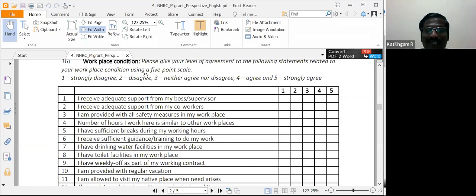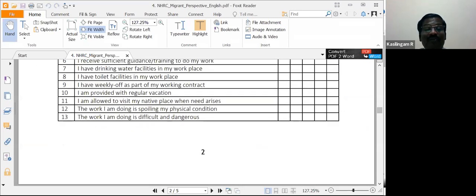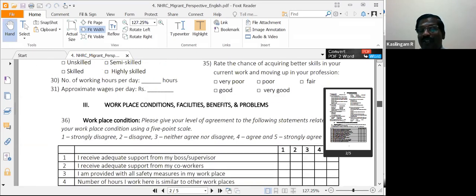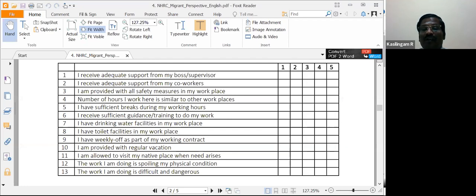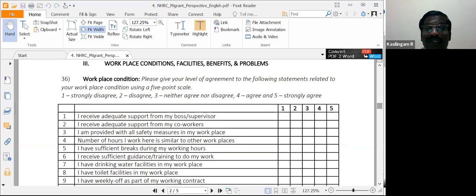So now here I have one construct, which is workplace conditions, having 13 items. 13 statements, all on a 5-point scale. You can see all are 5-point scale. If you want to do analysis, it will give 13 tables. Then your thesis will be full of tables. For each statement, this many people agree, this many people strongly agree, this many people disagree. They will write that, and then we cannot come to any conclusion. But if you do a mean, what you can do for every statement,